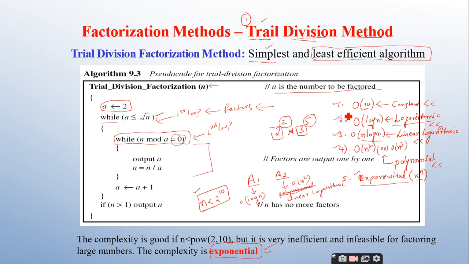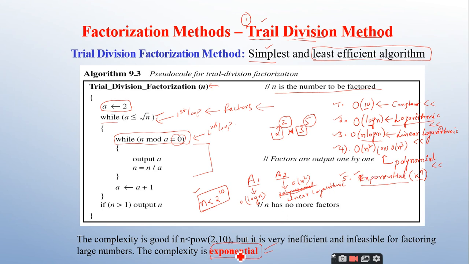Constant, at max, you try to implement your algorithm with constant time complexity, but this is not that easy to achieve. So you try to achieve a complexity which is logarithmic in nature. If it is not possible, at least try to achieve linear logarithmic. Never ever write algorithms which are exponential in nature. Exponential time complexity is not accepted. Is it clear about the algorithmic efficiency?